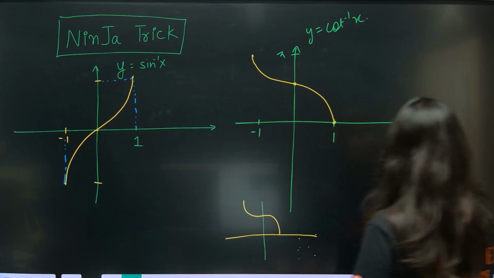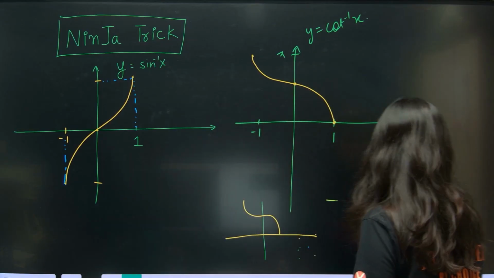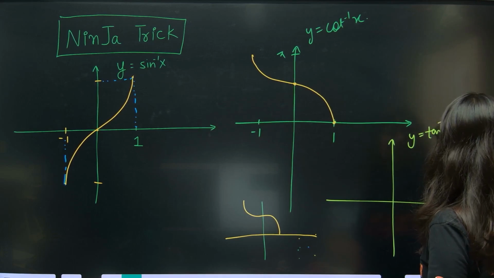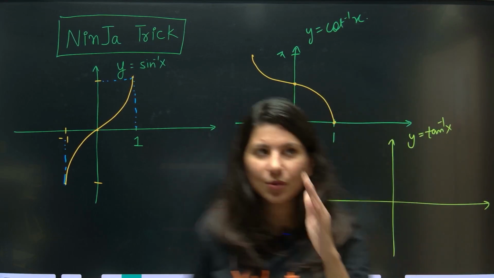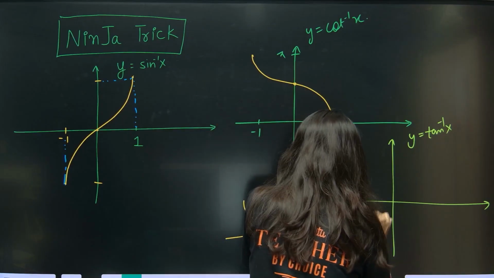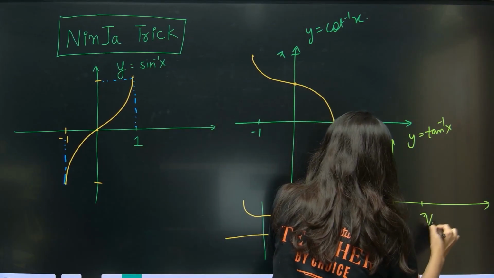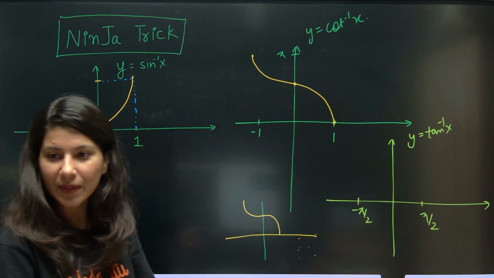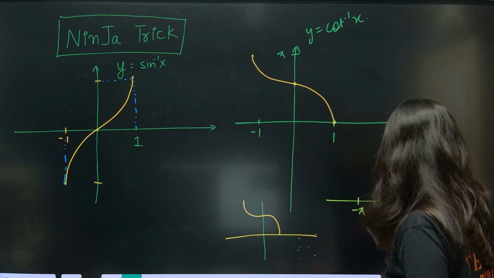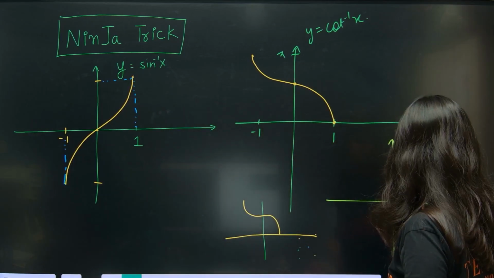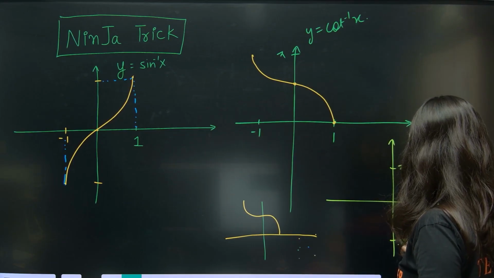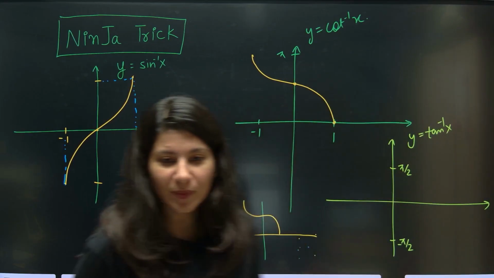which is tan inverse, that also you have to remember. And I'll tell you, y is equal to tan inverse x. So you'll be like, ma'am, tan inverse x, hold on. Tan inverse x domain is minus pi by 2 to plus pi by 2. And the range is minus infinity to plus infinity. Sorry, the domain is minus, sorry, the range is, yes, pi by 2 and minus pi by 2, and minus infinity to plus infinity.